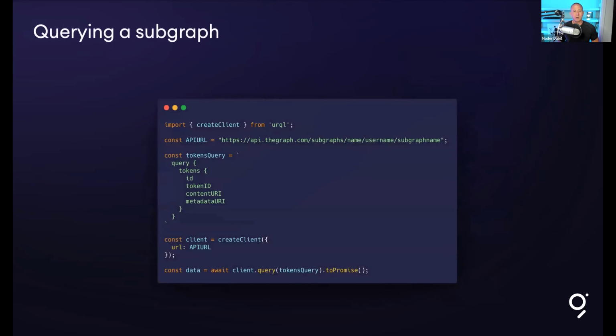So you're just given a GraphQL endpoint, just like anything that you've probably used in the past, where you have the ability to choose which GraphQL client you want to work with. So we will give you this, and then you define your query, you create your client, and you start interacting with it. So nothing different than anything that we've probably used in the past with GraphQL. Once you have that endpoint, you're ready to start going.